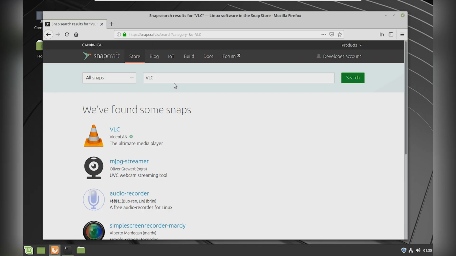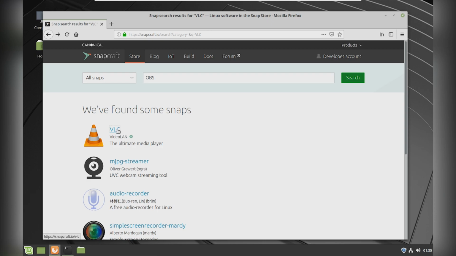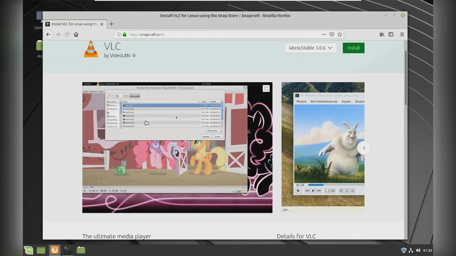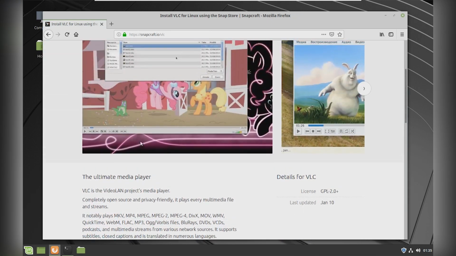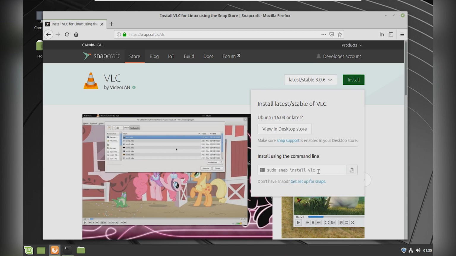For demonstration purposes, I will be installing VLC, for example, but you can also look up OBS and some other applications that are very common on Linux and Windows. But as I said, I will go to VLC, so I will go back, select VLC, and it should open up the details page with all the screenshots and additional info about the program. In the top right, you can see a green install button, and once you press it, there will be a